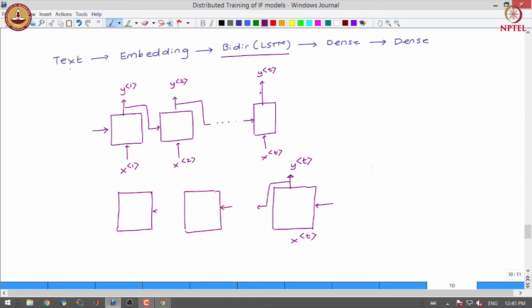For example, the output of the second position will be passed back to the first position and will be used as a recurrent input.